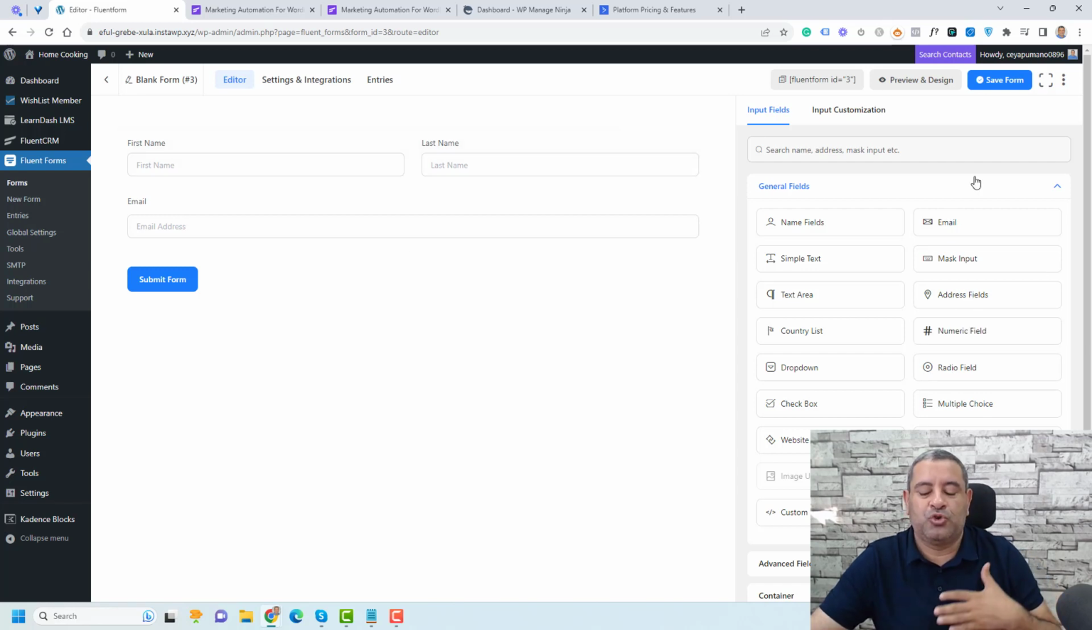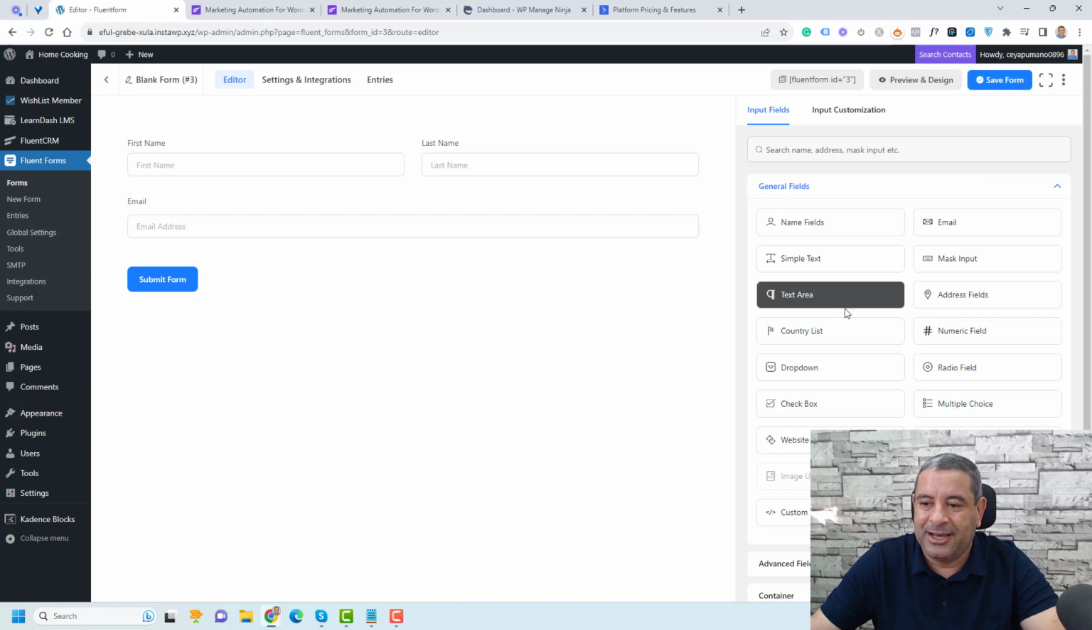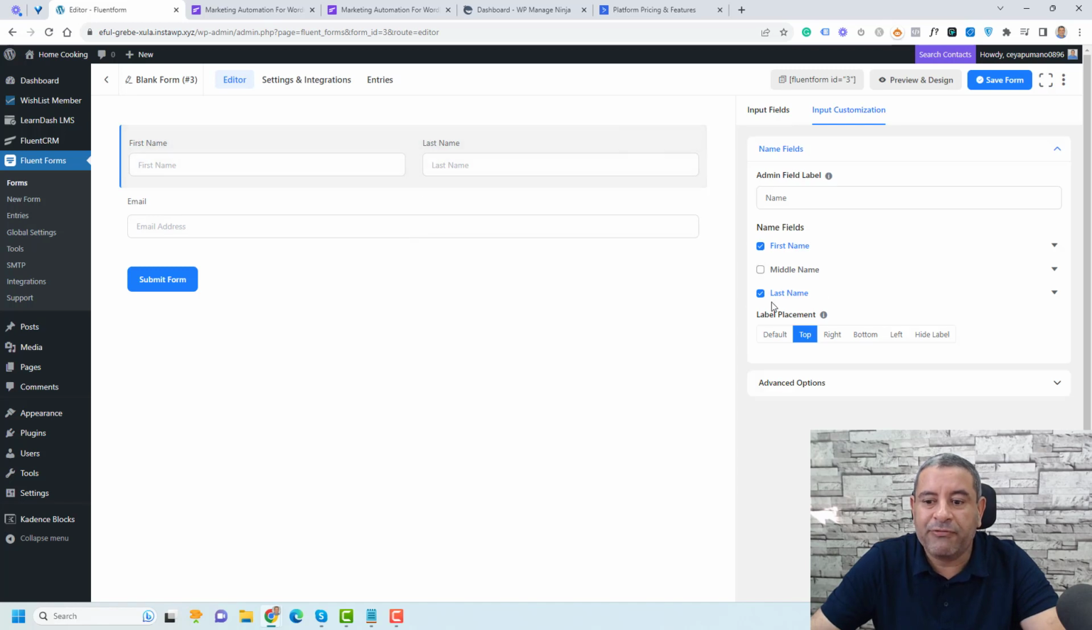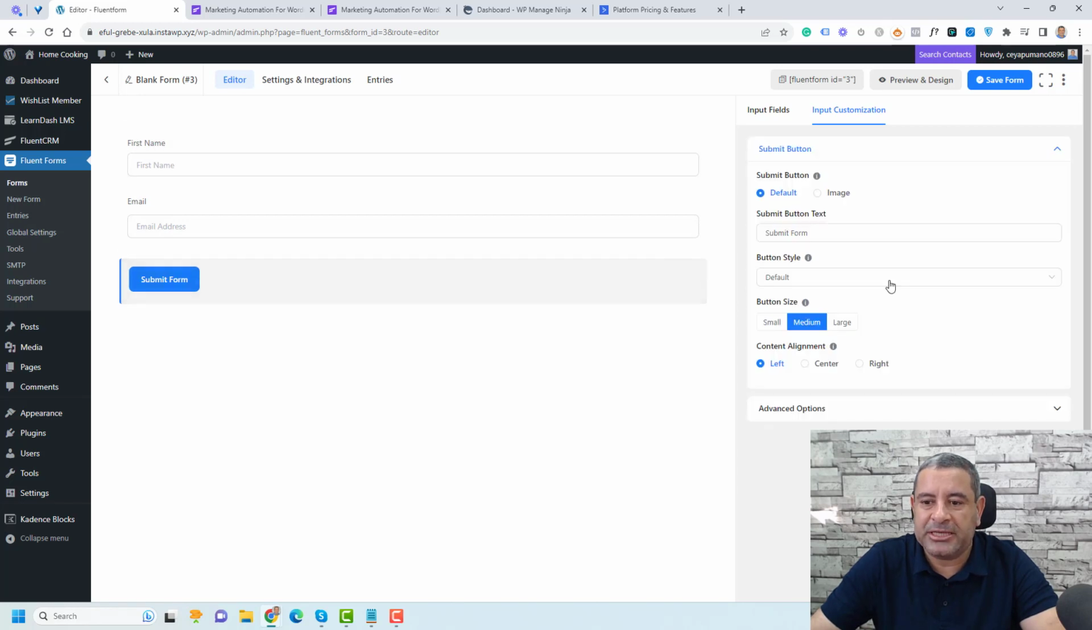Maybe you want to collect the address. You can just drag the text, the address field, numeric values, whatever you want. But because this is a simple subscription form, I just like to collect the name and the email address. Let's click here to remove the last name from these options. And now we can collect the first name, email, and we can even change this to something like